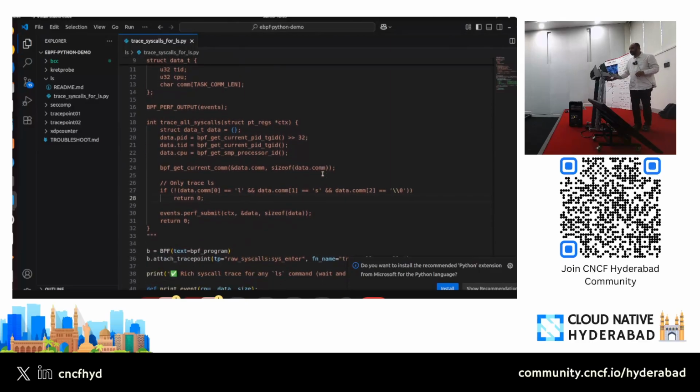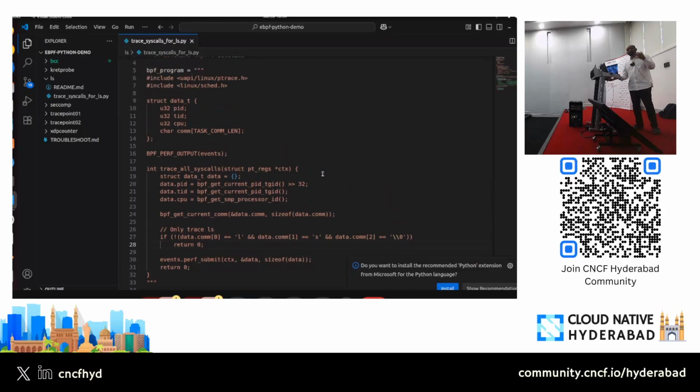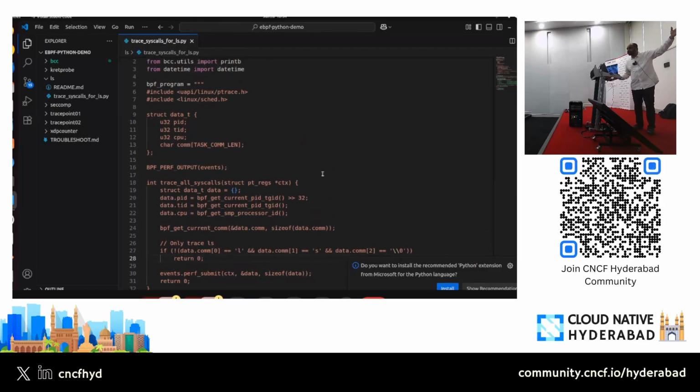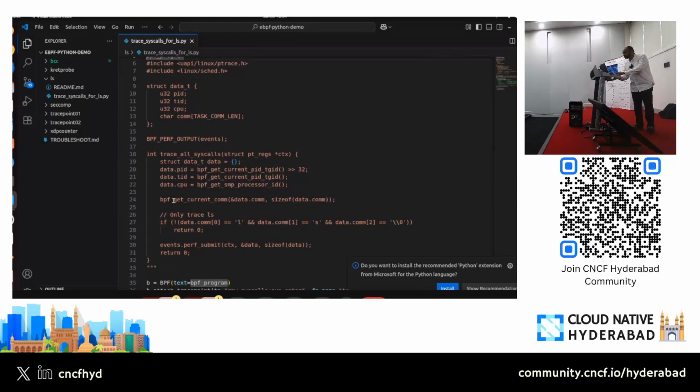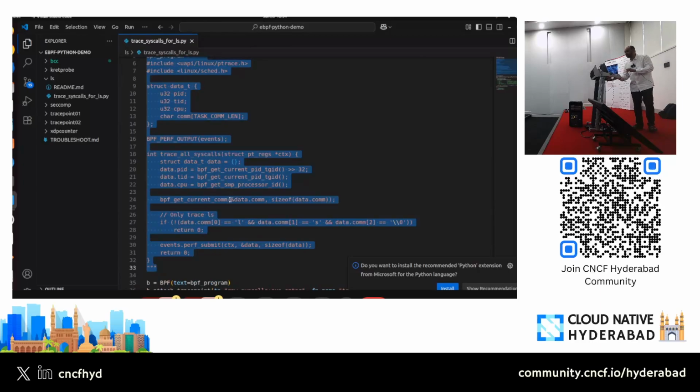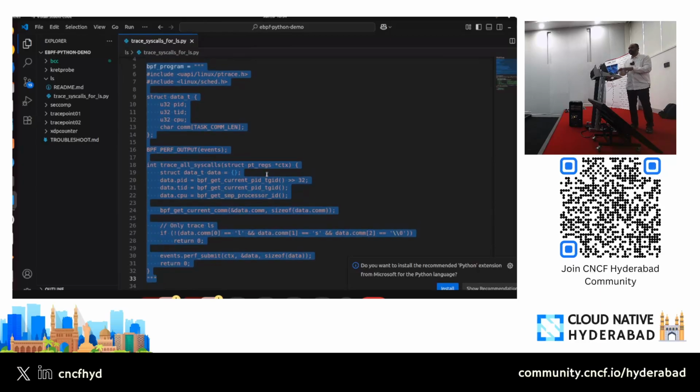I told you that any eBPF code that you have will have two parts to it. One is the eBPF code itself, which is the eBPF program, and the second one is the user code, which runs in the user space. I mean, don't take me literally, because we are writing and running it from the user space, but whatever you see in stringified form here is the eBPF code, right? So this gets compiled on your user space, but eventually you will load this into the eBPF virtual machine where the code runs. Okay.